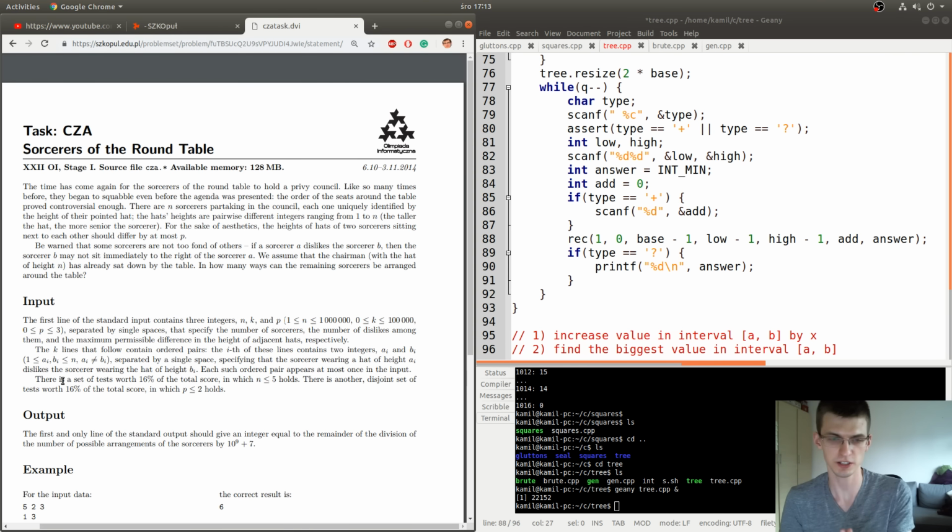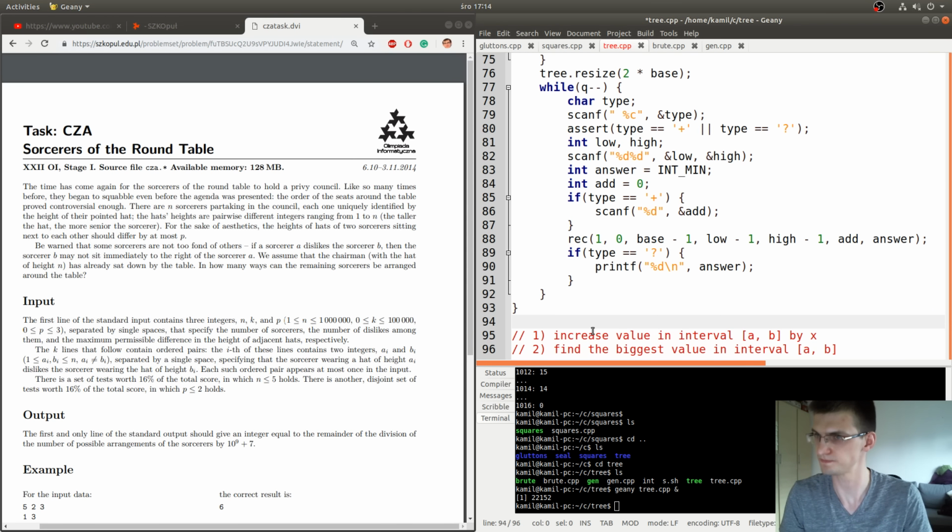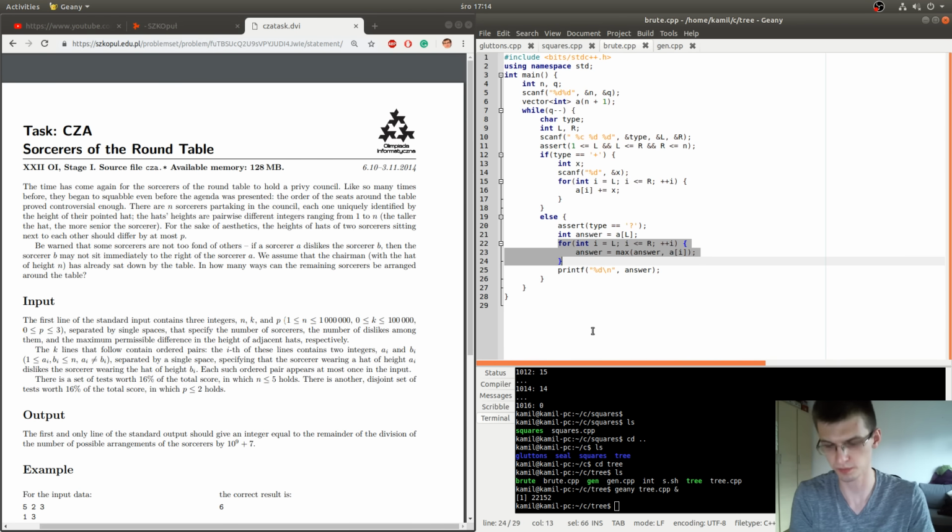So if there is a person number 1, next to him there must be 2, next to 2 there must be 3, and so on, up to n, but 1 can't sit next to n. 1 can sit only next to one person, person number 2. So actually there is no solution. Solution is only for n equal to 1 or 2. So in a problem like this you must be careful about corner cases. Okay, this problem we can close.